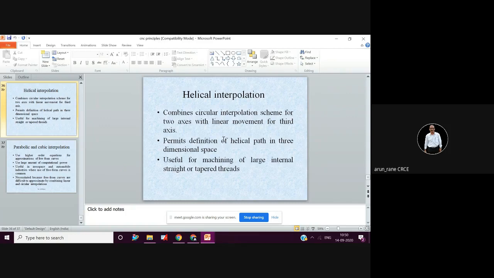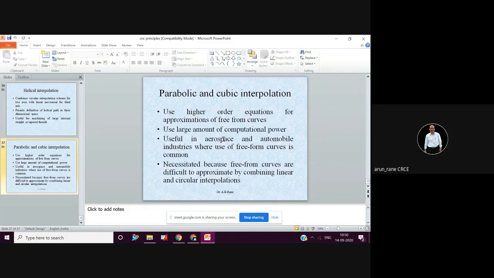That is helical interpolation. You also have parabolic and cubic interpolation similarly, and it is used in aerospace or automobile industries where we use free form curves or free form surfaces.